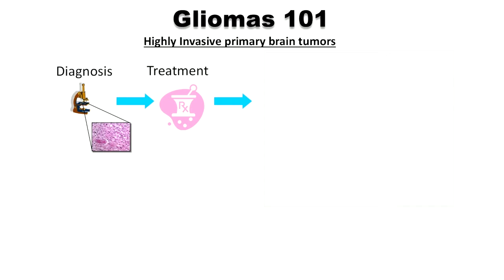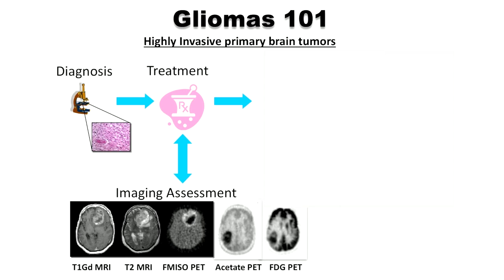We have some sort of histological diagnosis associated with some sort of image. As Leland nicely highlighted, that biopsy, that specimen that you're looking at under that microscope could have come from really any location within that lesion. And the net result is this histology generates the diagnosis. And in the middle there's some sort of treatment, but because it's the brain, we're going to be limited to using imaging and relying on imaging a lot to be able to make our next decisions about that individual patient's care, because we're not going to get a lot more of that tissue that you see under that microscope.